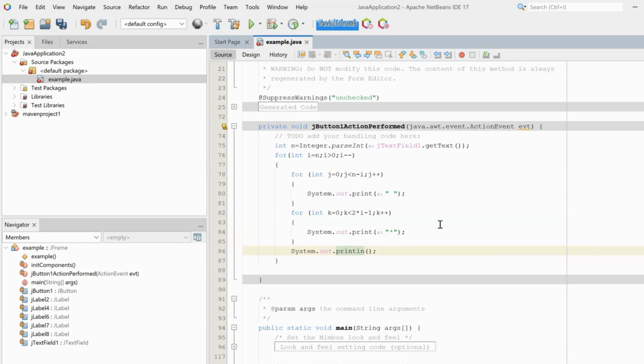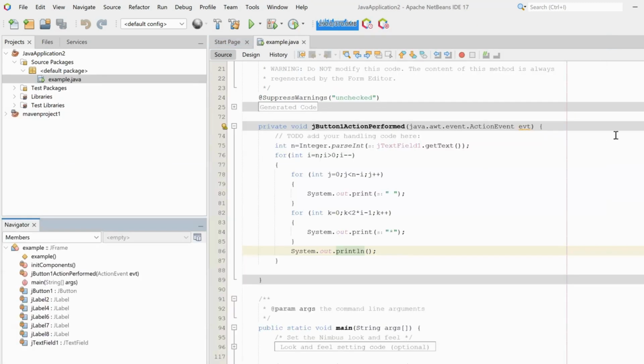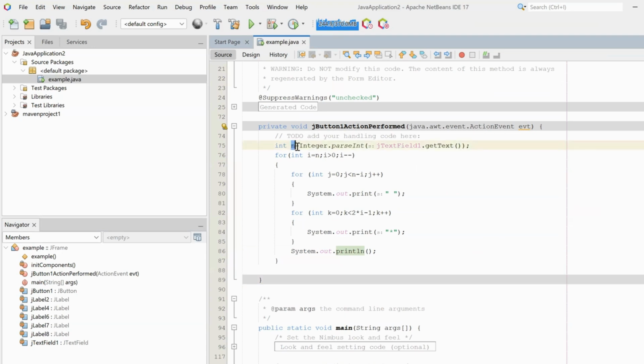So let me first run this and then I'll explain it to you. If the user enters 7, if you can see this, and if the user enters 5, let me explain it to you. This is i equal to 5. Why 5? Because we have taken the row.